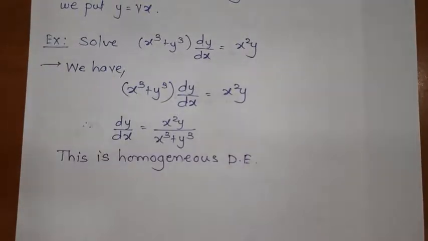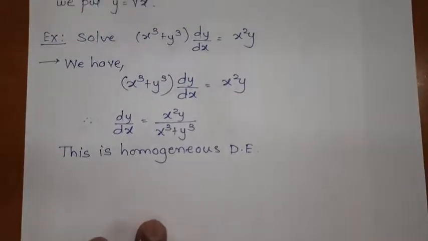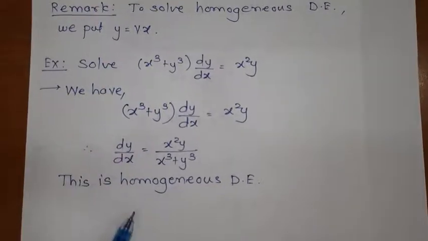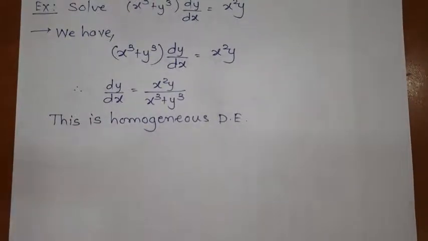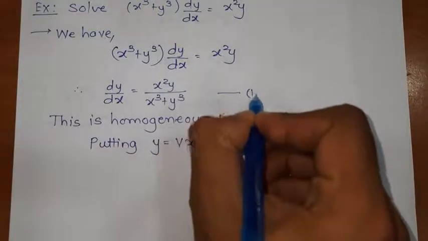I have already told you the technique. What we do to solve a homogeneous differential equation, we simply put, I will show you here. This is a technique: y is equal to vx we have to put. So I'm putting y is equal to vx. When you solve a differential equation and if you put anything, our first task is to take its derivative. So let us take its derivative. I will call it equation number 1 for reference.